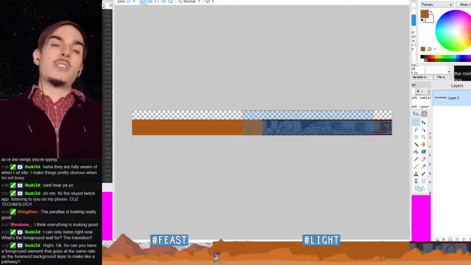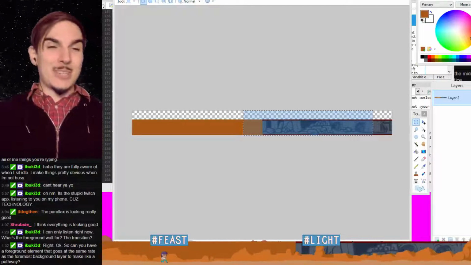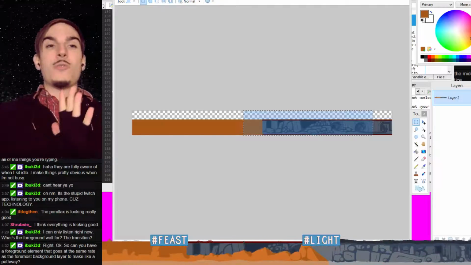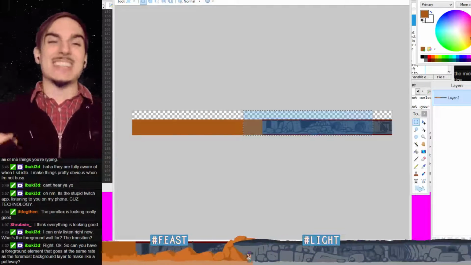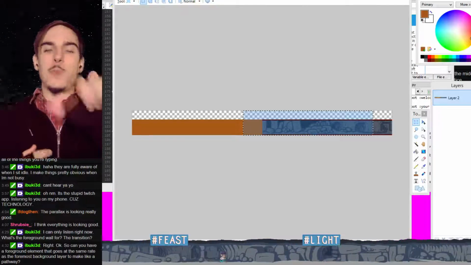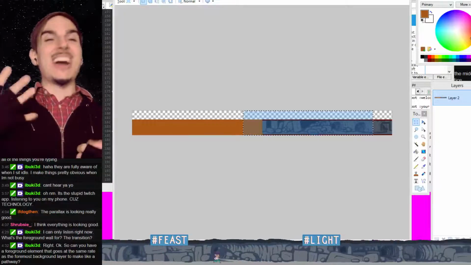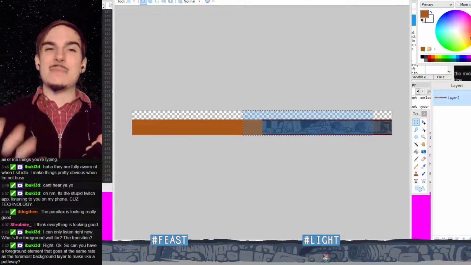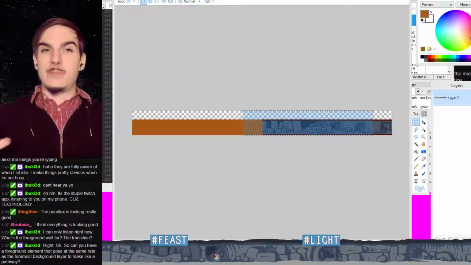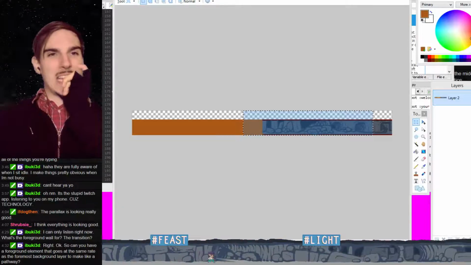So the foreground travels at a speed of 6 on the same arbitrary scale. Remember, the midground travels at a speed of 4. So there's still this ugly seam. In addition to this half of the width thing in the midground that we're using to cover the ugly seam in the background, there's also still an ugly seam in the midground. But because the foreground is only moving 50% faster, it's not moving twice as fast, we only need to dedicate a